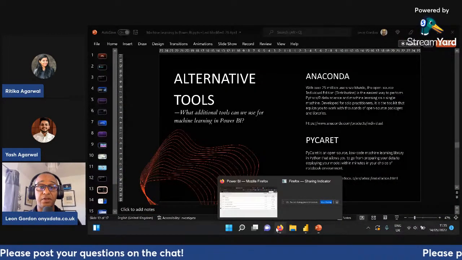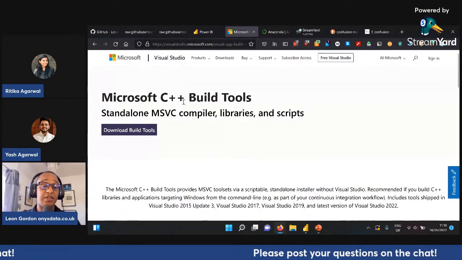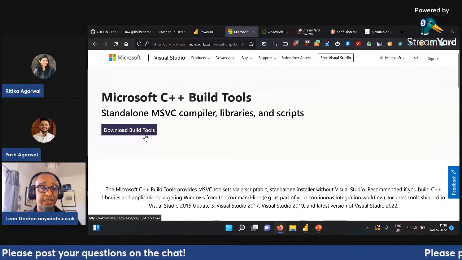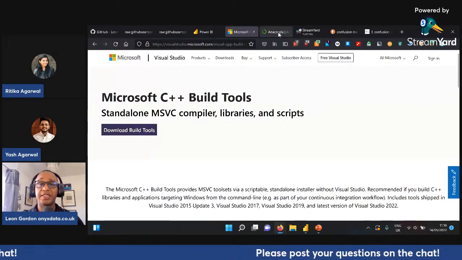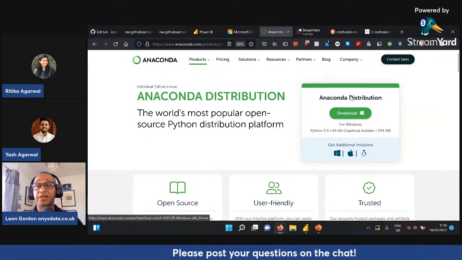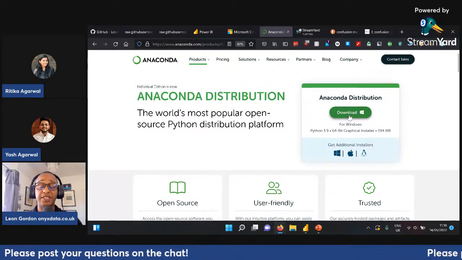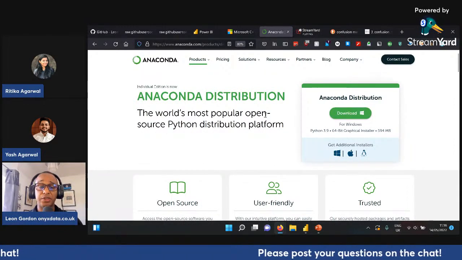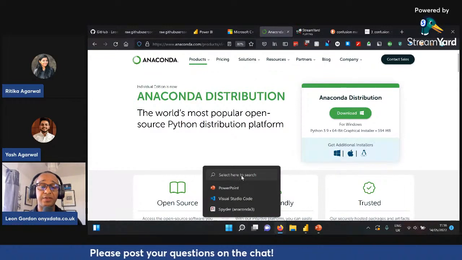So again, if you are following on, first and foremost, you may need to go ahead and get the Microsoft C++ build tools. You can download these from visualstudio.microsoft.com. And again, I'll make the link available after this session. And you can also download Anaconda. You need to download the Anaconda individual edition, which is a free distribution to download and install on your machine. So once you've done those two tasks, you can go ahead and just search on your system for